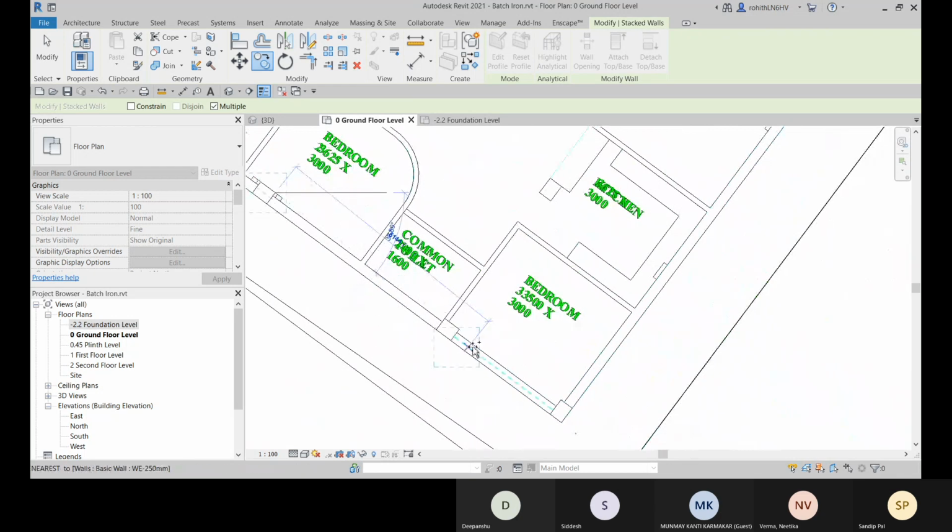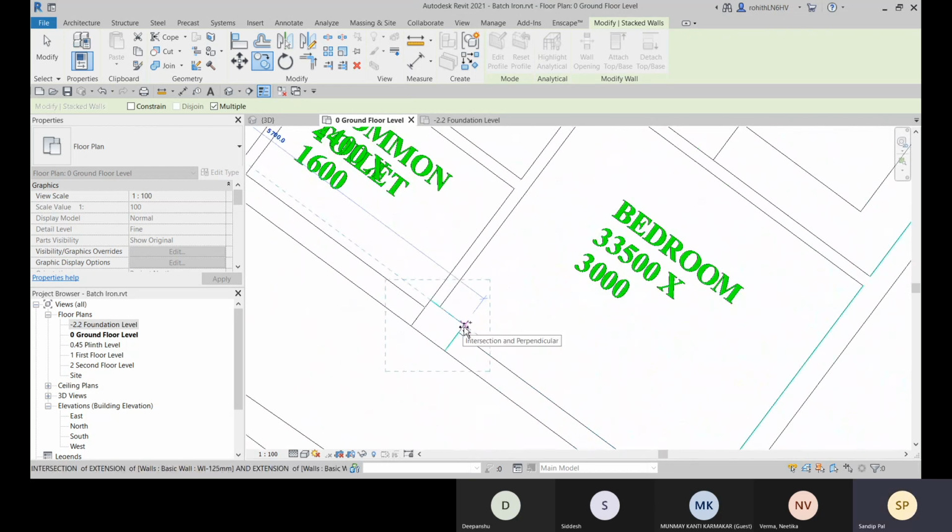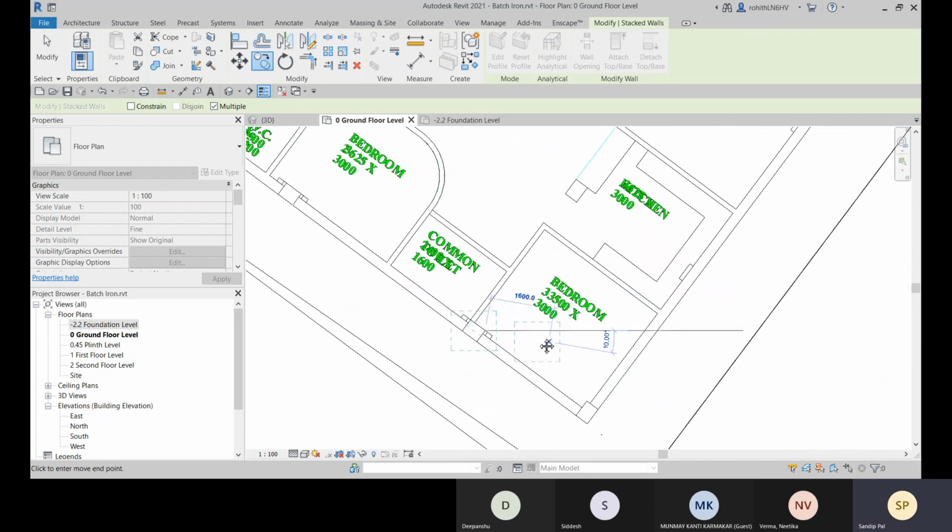Okay, let's place and we will change it later.